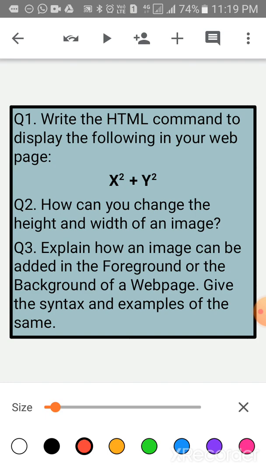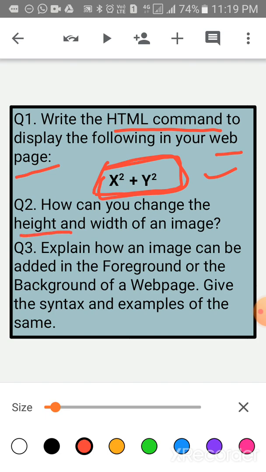Number 1 is, write the HTML command to display the following in your web page. You have to write the coding in Notepad to display this web page. Okay, this is very important. Question number 2, how can you change the height and width of an image? Last and third question is, explain how an image can be added in the foreground or background of a web page. Give the syntax and examples of the same. Understood children?